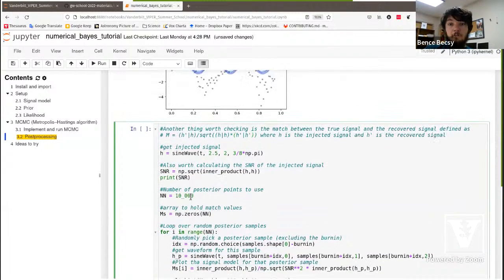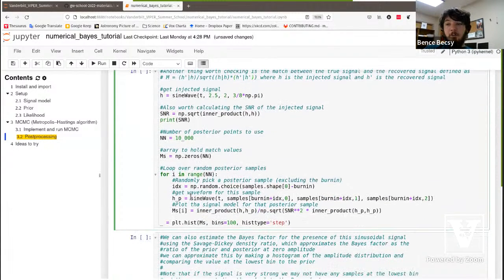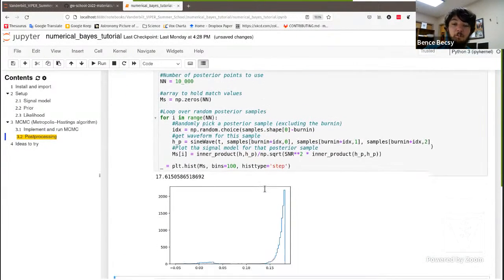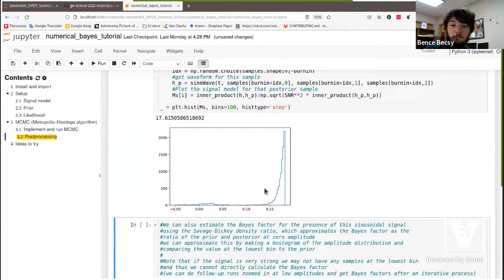So I previously tried it. This gave matches of 0.99 or something. So maybe now that we are totally off, then this will give something different. Yeah, so we can see that the matches are very close to 0, 0.15, 0.2. So yeah, something is clearly